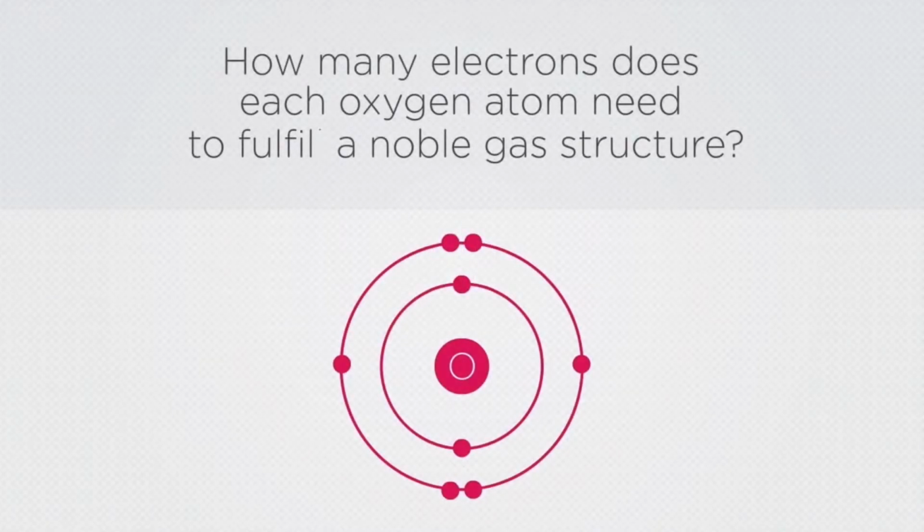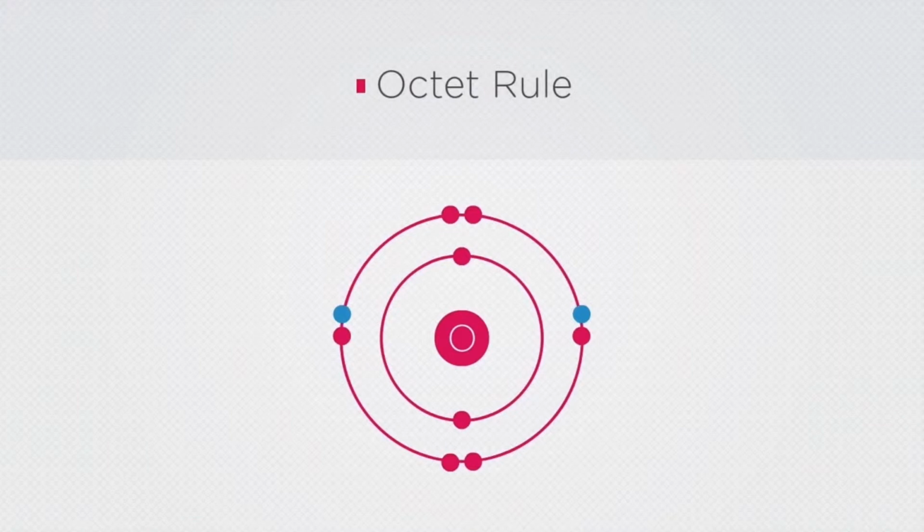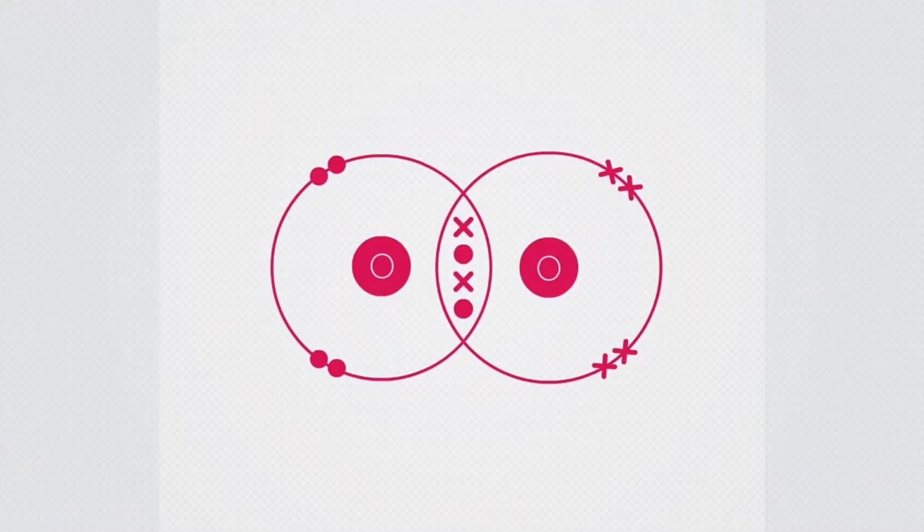The answer is that each oxygen atom needs 2 more electrons before fulfilling a noble gas structure. This is also called the octet rule. In this example, the octet rule is fulfilled because each oxygen atom shares 2 electrons in the outer shell, forming an O2 molecule. If you count the number of electrons in each shell, you should notice that each shell has 8 electrons shared over 2 shells, shown by the dots for one oxygen atom and crosses for the other,